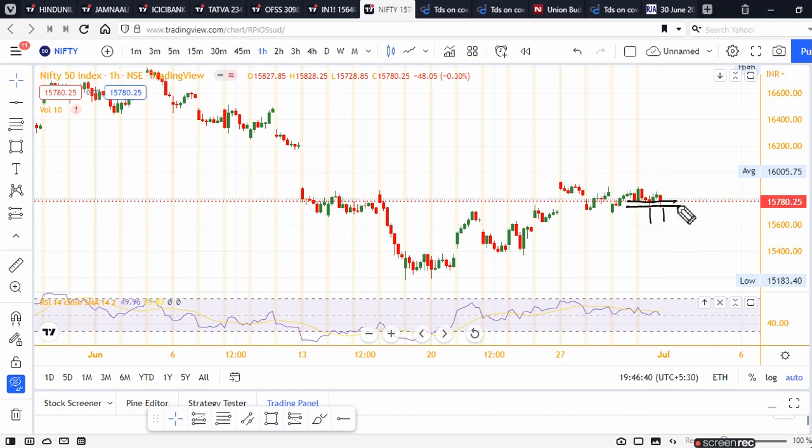So this level we will identify as an area. So this is also one of the important supports which market has created. Right now SGX Nifty is negative and there is very high possibility that we open below this support tomorrow. I'll tell you now how to trade. Now we have identified all the key levels. We know that this is the key level because this was working as a resistance, now as a support. Now market has created another support.